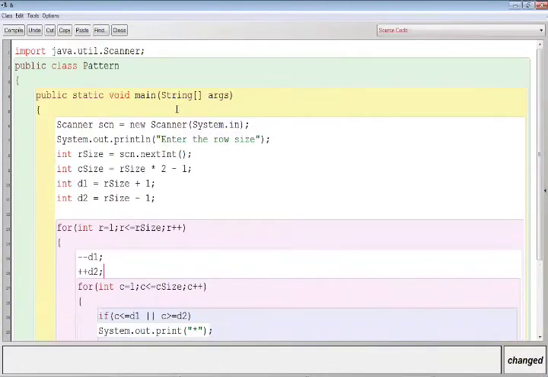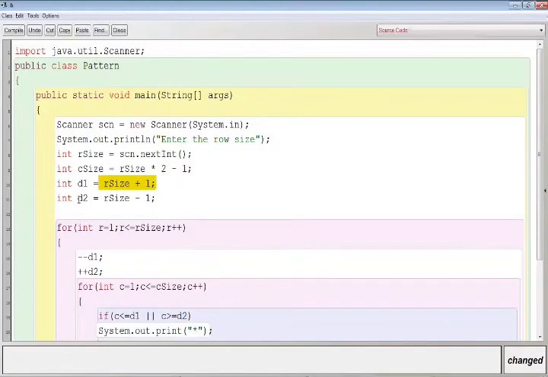Here I have asked the user to enter the row size, and it will be stored in the variable rSize. We calculate the column size: cSize is equal to rSize into 2 minus 1. If the row size is 4, then 4 twos are 8, minus 1, is 7. The initial value of d1 should be 5 if the row size is 4, so rSize plus 1.